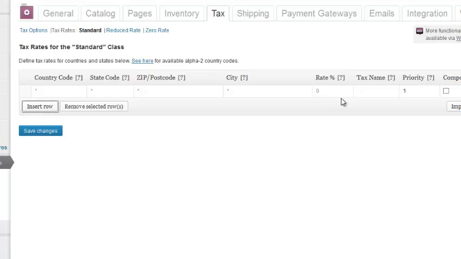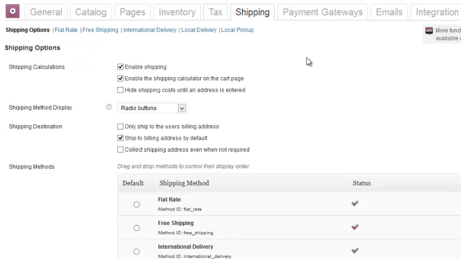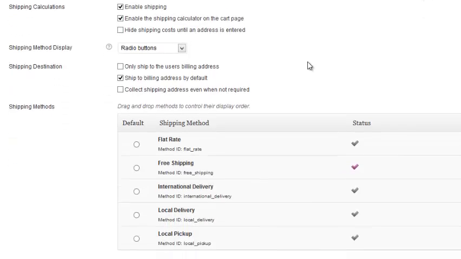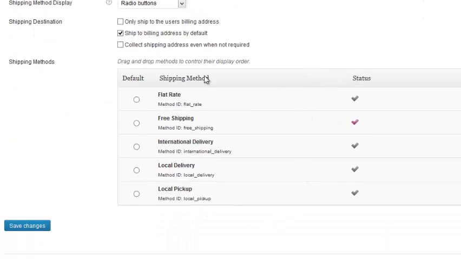Okay, I do want to spend a little more time on shipping though. So I'm going to go ahead and click on the shipping tab. All right, so here we are at the shipping tab, and one thing that I'd like you to notice is this table here, and you can see what is currently enabled. And actually it's only this one right here, free shipping. See how it's lighted up like that right there? So all these other options are actually not enabled currently.